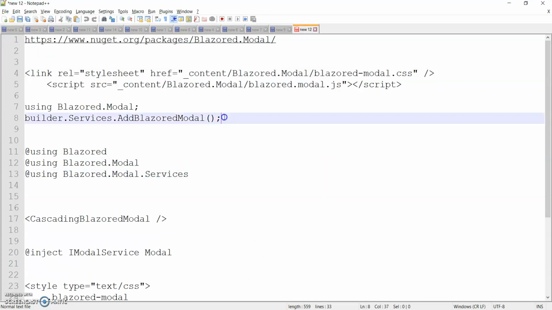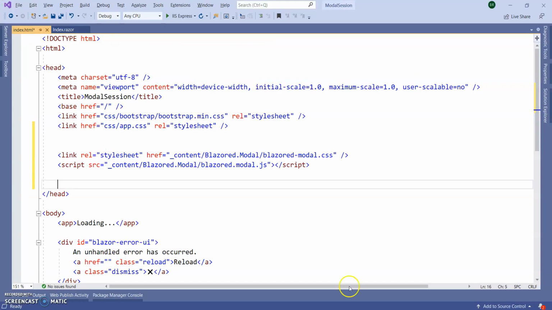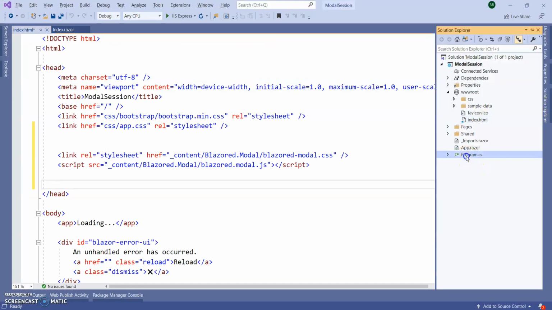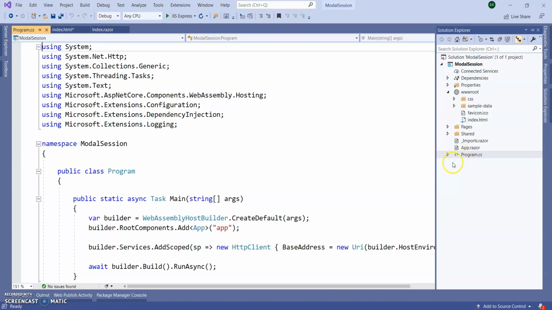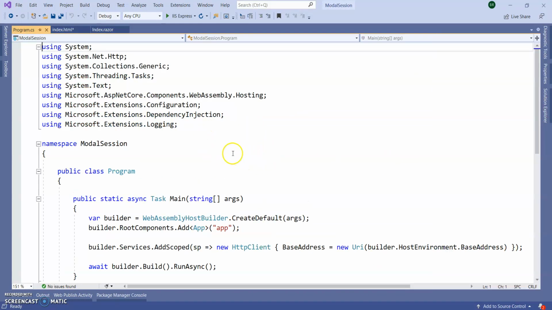Okay, next we need to configure our service in the program.cs file. In case of Blazor WebAssembly, we are going with program.cs. In case of Blazor server, we will go with startup.cs.